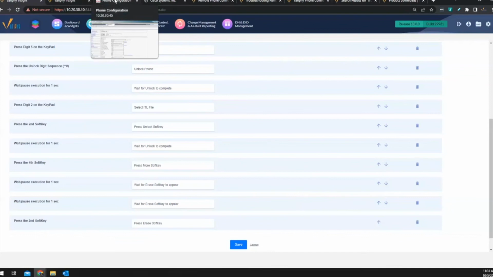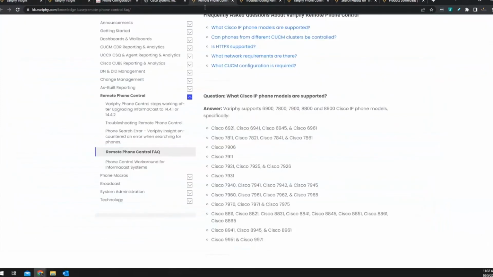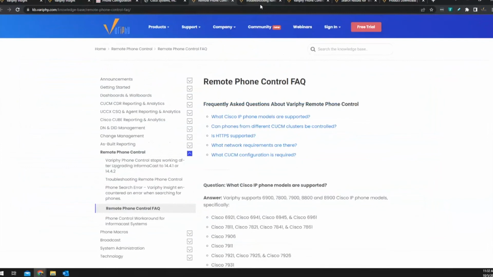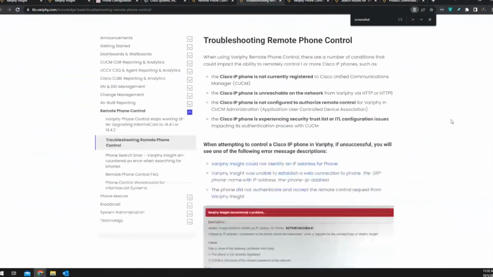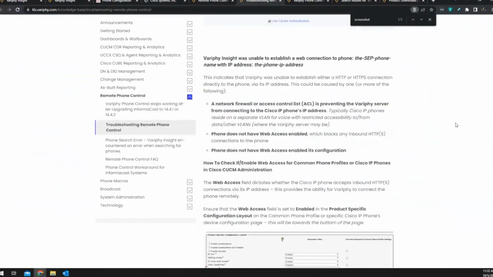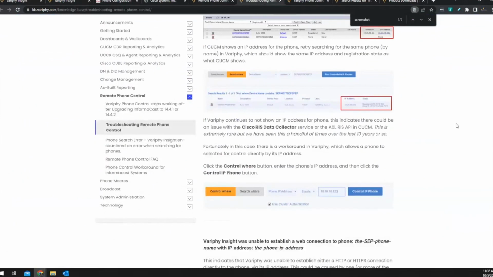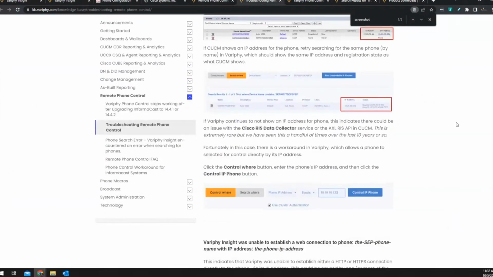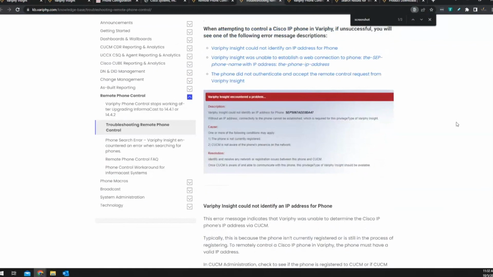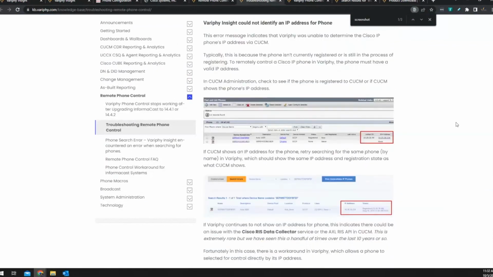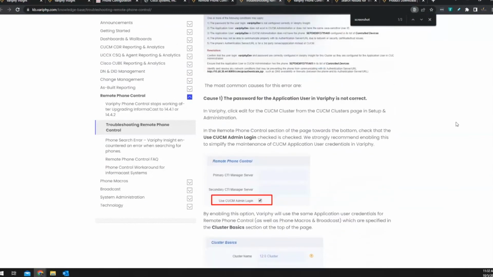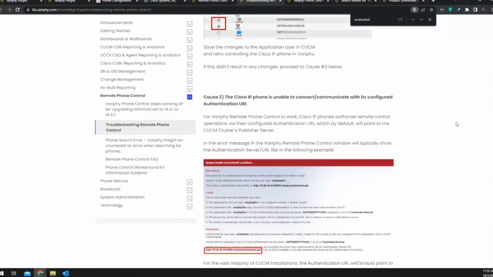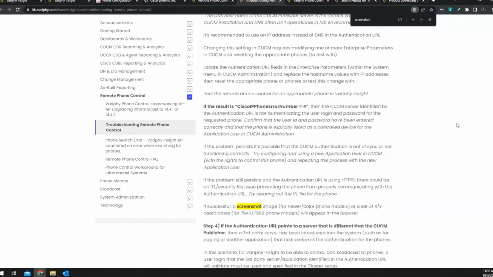So there are some good articles on this. Sorry, I keep getting my tabs blocked up here. So this one right here, we have a troubleshooting remote phone control article. I think I wrote this one a long time ago, but not much has changed. To be honest, our phone control programming code has not changed much in the last 8 years because Cisco's hasn't really changed. So there's not really much we can do to improve on it. But this has a lot of steps. Most of the ones we already covered, but there's probably a few in here I missed. There's a lot of things that you can use to test this out.